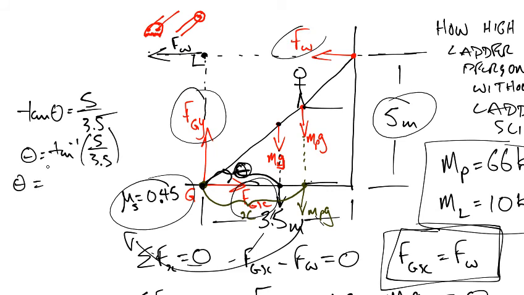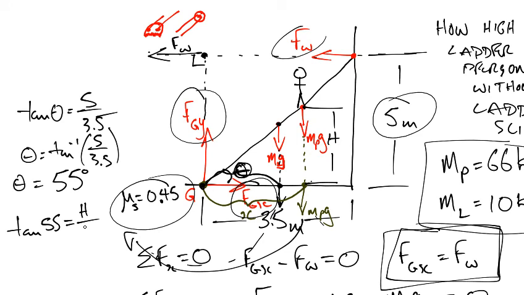Therefore, theta is going to equal 5 enter 3.5 divided by inverse tangent, 55 degrees. And hence, now that we know this angle and we know this side, we should be able to get this, because we know that tan 55 is going to equal the height h